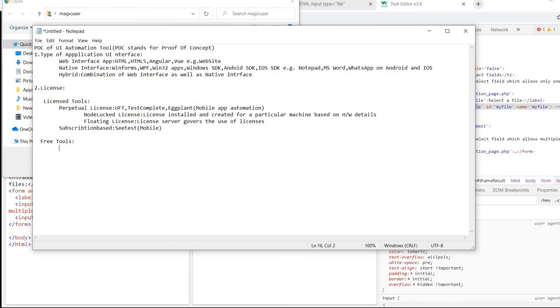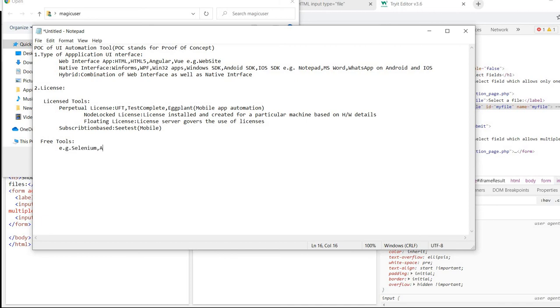They don't charge you, but they have not kept the source code of Visual Studio on any open code repository. So free tools, everybody knows about them. They don't charge for their licenses. For example, Selenium.